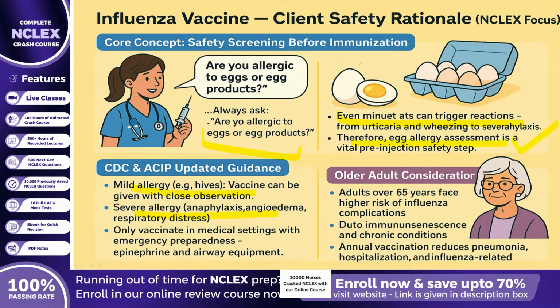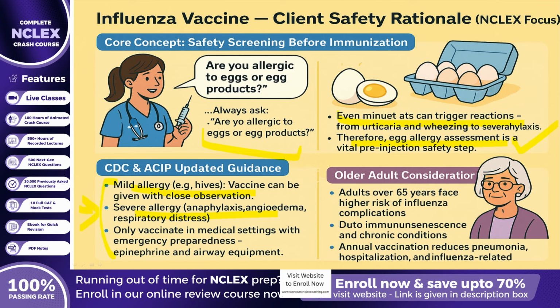In line with the latest guidelines from the Centers for Disease Control and Prevention and the Advisory Committee on Immunization Practices, individuals with mild egg allergies, such as localized hives, can safely receive inactivated influenza vaccines under close observation. However, clients who have experienced severe allergic reactions, such as respiratory distress, angioedema, or anaphylaxis, should be vaccinated only in medical settings equipped for emergency management, including immediate access to epinephrine and airway equipment. For clients with known severe egg allergies, recombinant or cell-based influenza vaccines, which are egg-free formulations, are considered the safest